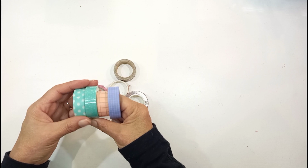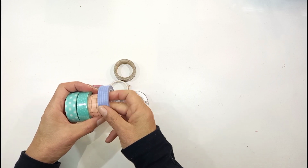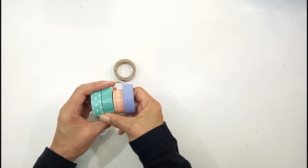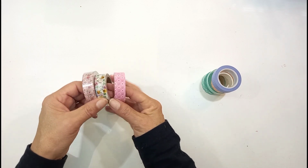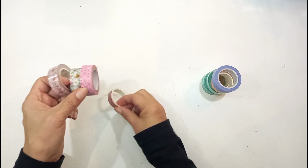They're also not so easy to come by, but you can get them. So if I see them and I like it, I pick it up immediately because I don't know when I will ever find the opportunity to get it again. Then another favorite is something like beautiful flowers. They're harder to come by. So when I see a pretty washi tape of flowers, or this one's got little hearts in,